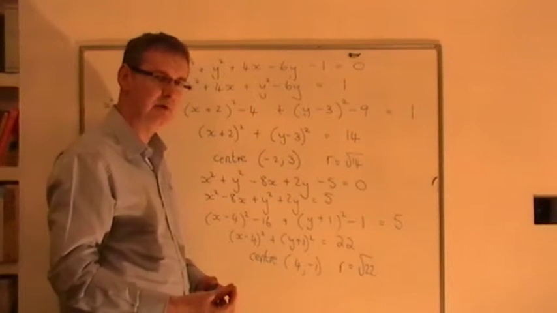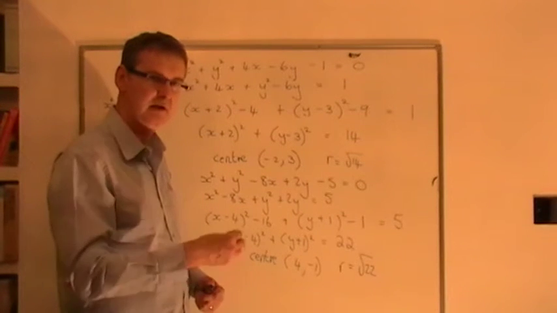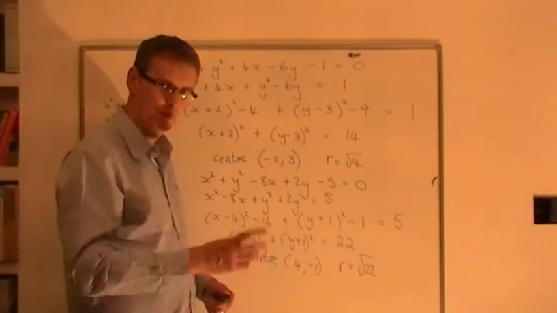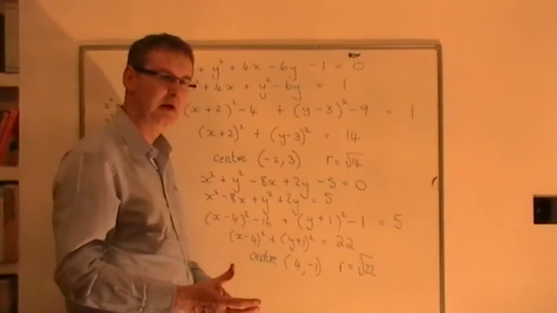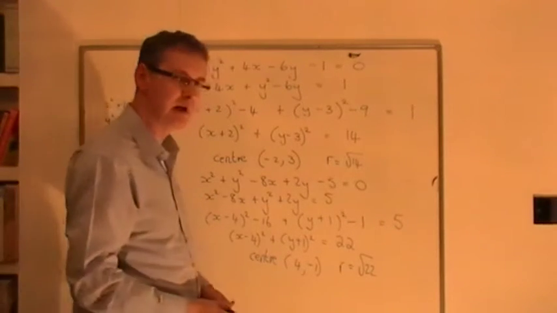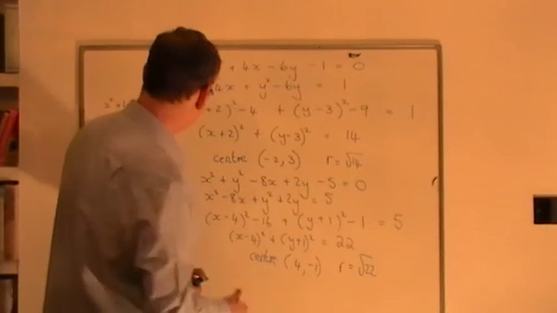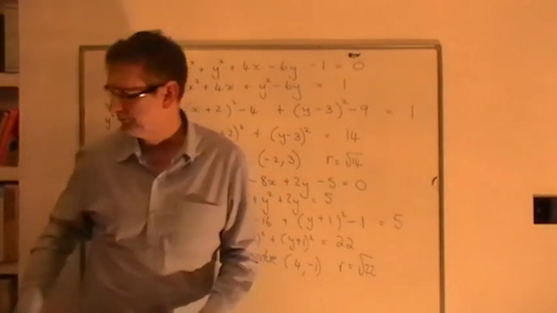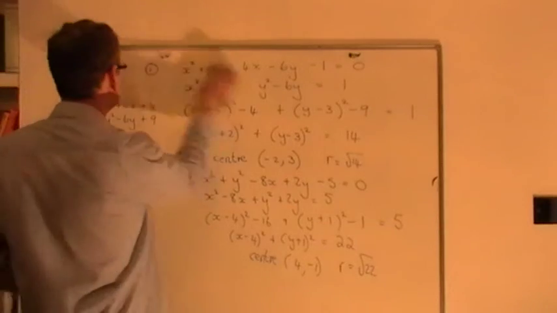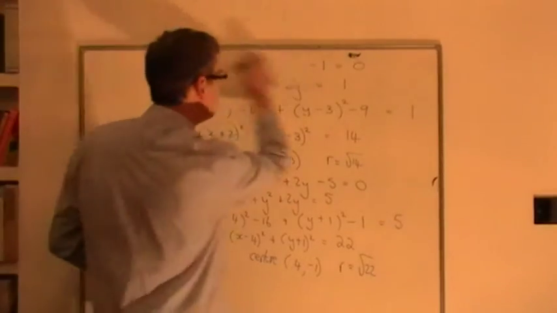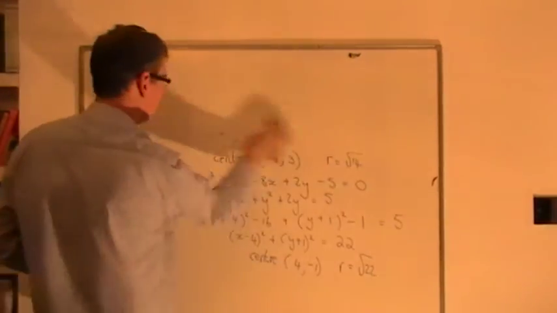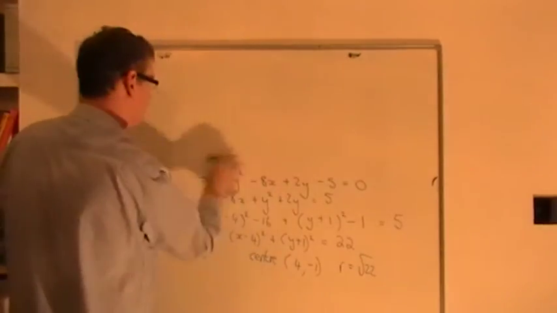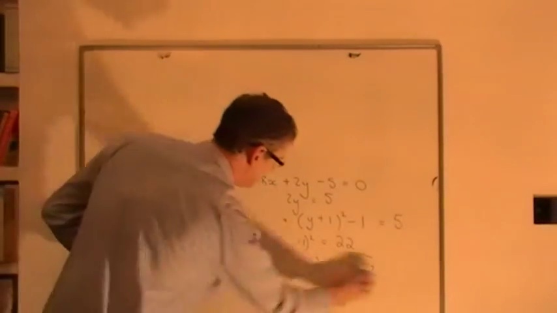Some of the completing the square questions we did way back in October were actually quite awkward. Most of the circle ones that you get are very straightforward. So I'll just practice one or two more, just to give you some examples in your notes before you actually tackle some questions. So if I get rid of these,